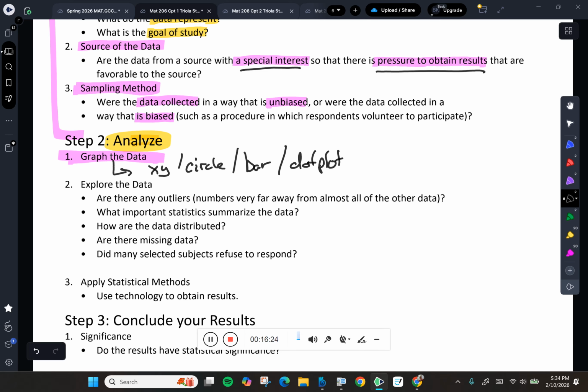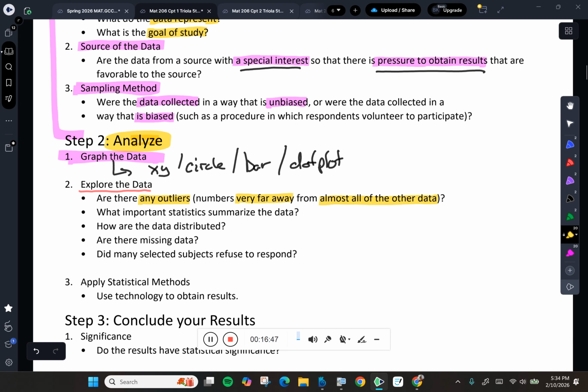Once I've got my data, though, then I start to explore the data. And by exploring the data, I just want to take a look and see if there are things in there that jump out at me. Are there any of these guys, things we call outliers? And outliers are values that look either too big or too small, so very far away from